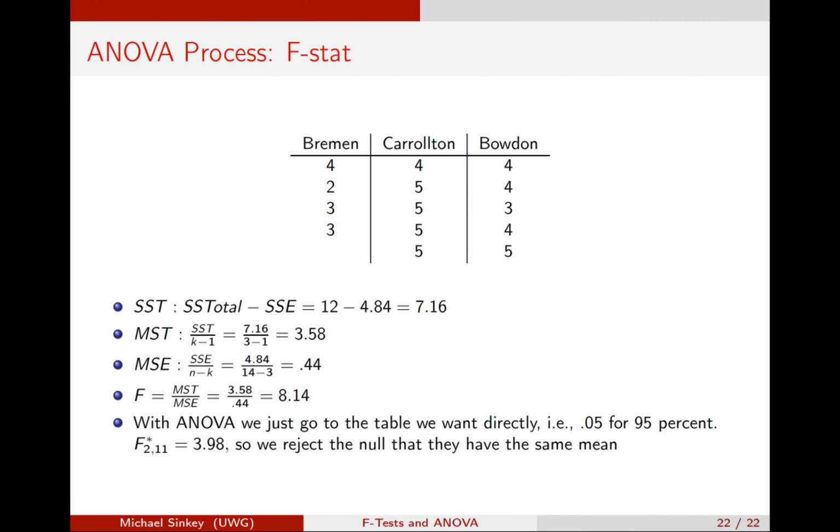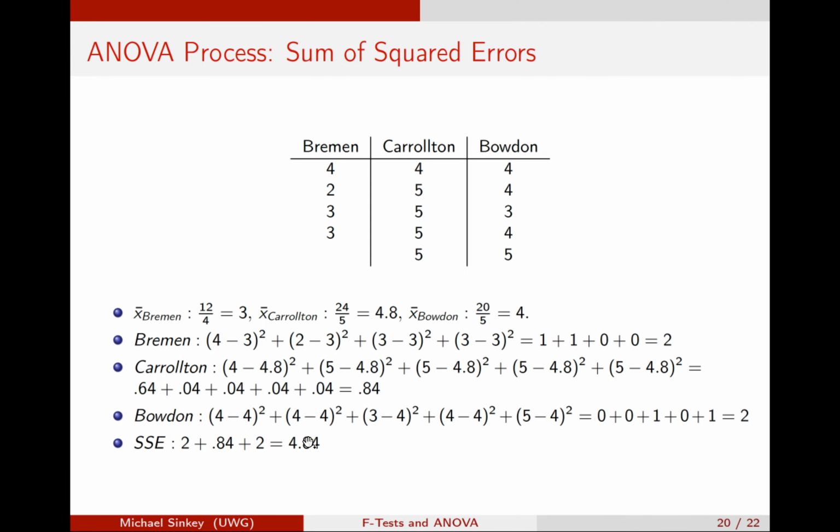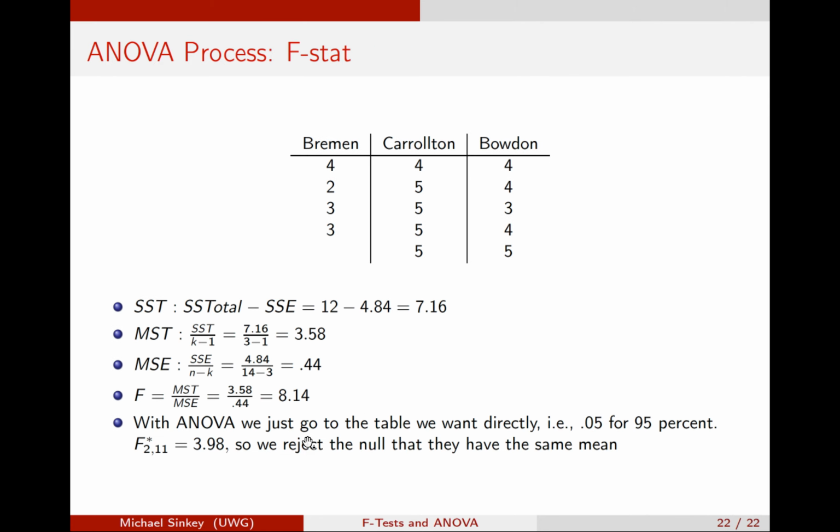For the F-stat, I need to make the sum of squared treatment. I take the sum of squares total, subtract the sum of squared error. I have 12, that was the sum of squares total, minus 4.84, that's the sum of squared errors. I get 7.16. The mean squared treatment is 3.58. K is the number of categories. I have 3 different Wendy's, minus 1,